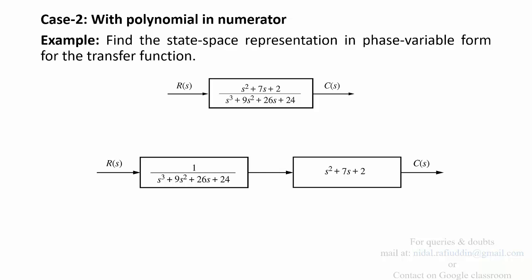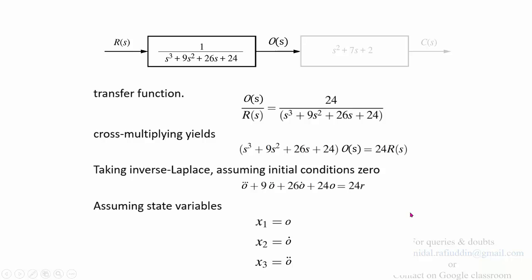So we will first find the state model for this particular block, and then we'll find the state model for the second block. If you look at the first block, the transfer function of the first block is given as, if we assume that the output from the first block is O and the input is R, then the transfer function is O by R, which is